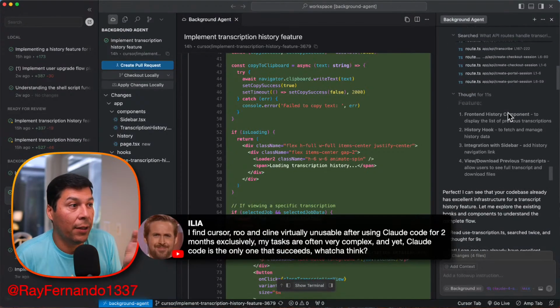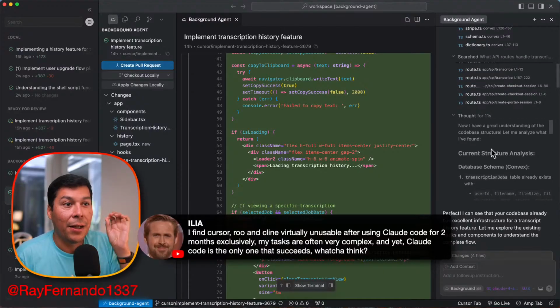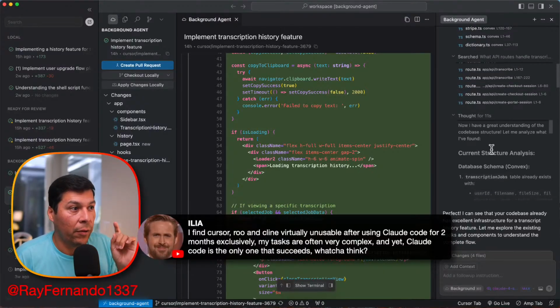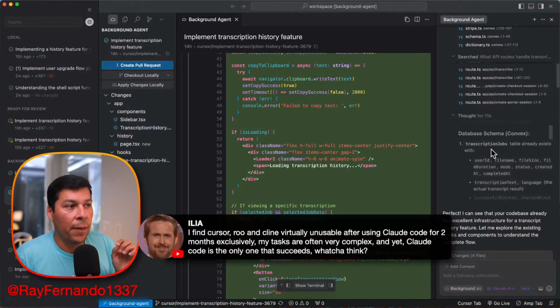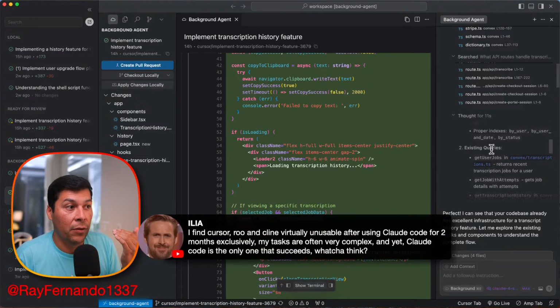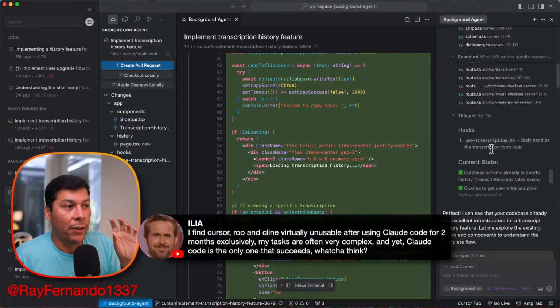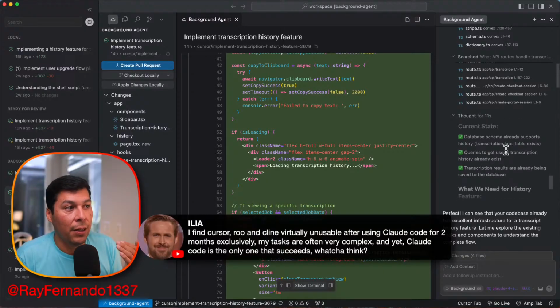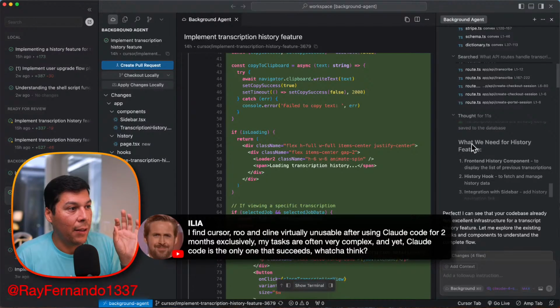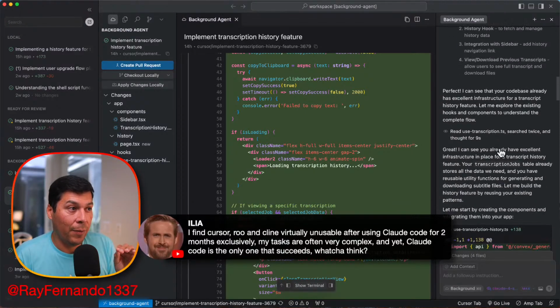This is so good. And so now it's basically given us this thinking plan, right? So it's like, now that I understand your code base structure after reviewing all those files, this is what we should do. Here's the database schema. It's basically giving me a report of these results, existing queries. It's talking about my front end, the API routes, and it's also found my hooks file that I basically handle some of the logic and stuff. And it's analyzing my current state, and then it's figuring out what we need for the history feature to be enabled. Awesome, awesome, awesome. And so then it reports back at the higher level.